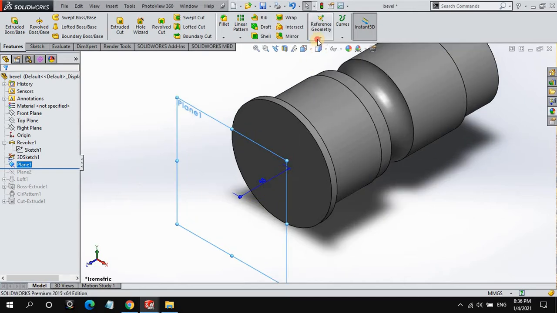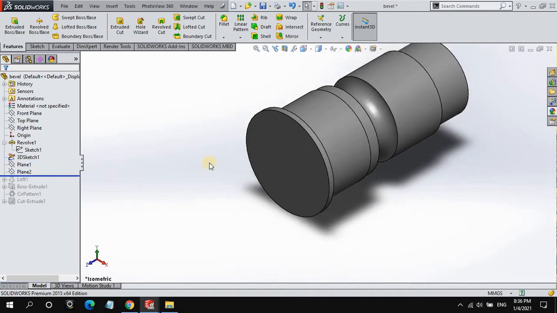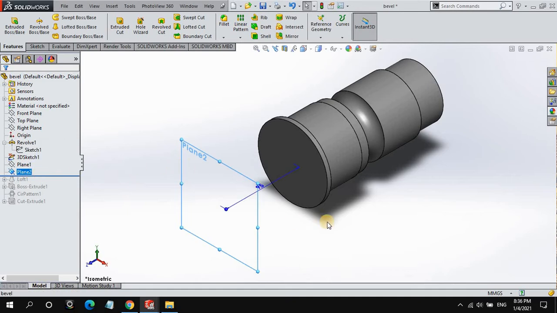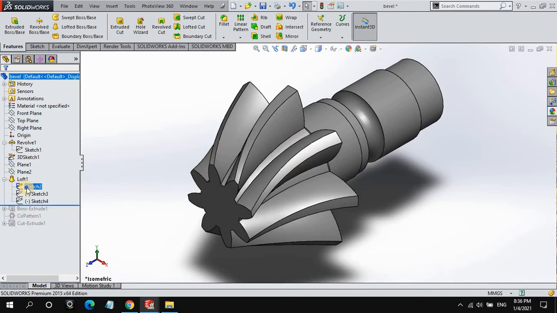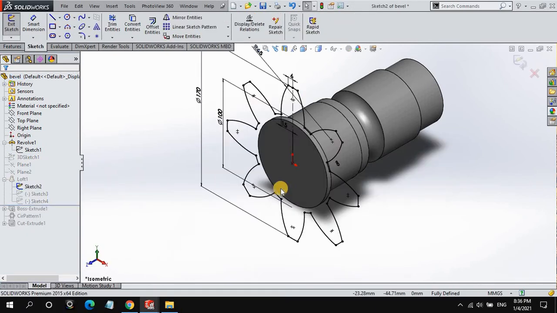You have to select the plane from here, reference geometry plane, then select another plane. From this distance to this distance is 95 mm.